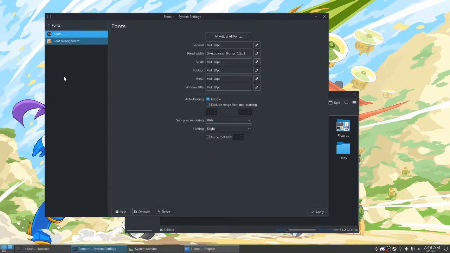I don't know if it's exclusive to KDE, but you can integrate app images into the menu. I don't know if that's exclusive, but that is a really cool feature. And I use it. I've got 2 versions of Kdenlive installed because of that app image. So this one is the main Kdenlive, and then this one is my app image that I use. How cool is that?